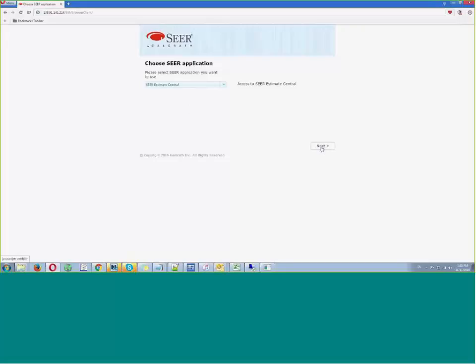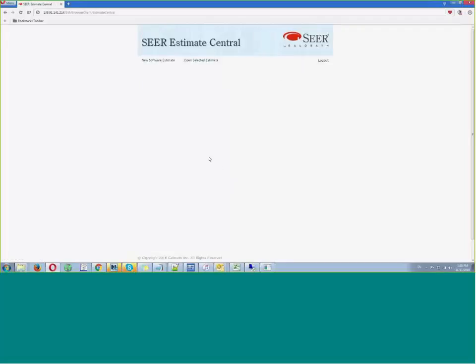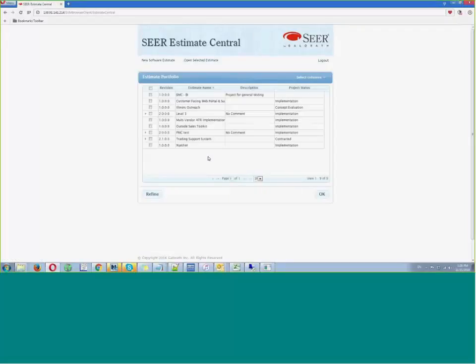If I hit next, I'm going to get a screen, and this screen is going to show me all the projects that are currently saved into the SEER database. In this case, there are just a few projects. We have some revisions saved for some of them. Now, what we've got here is a way to choose some or all the projects in a SEER database, and then get previously unrealized visibility into the estimates. I hit OK,